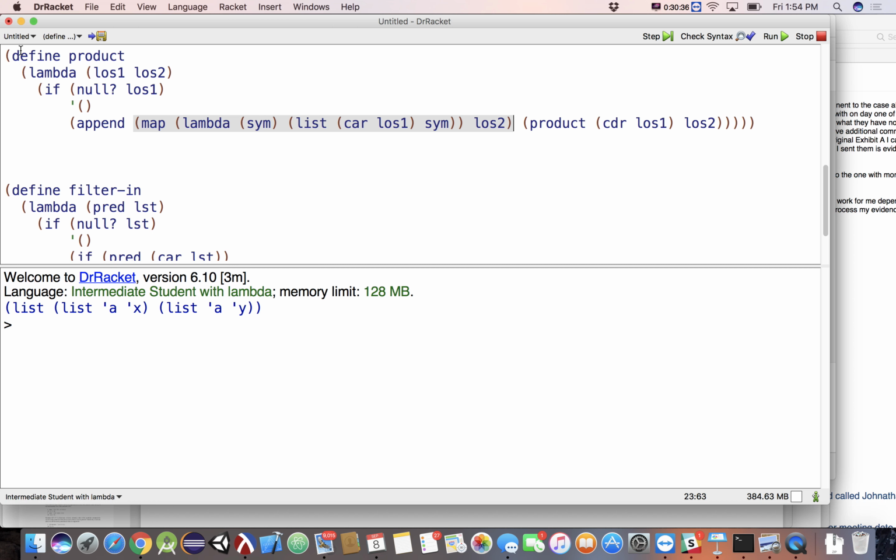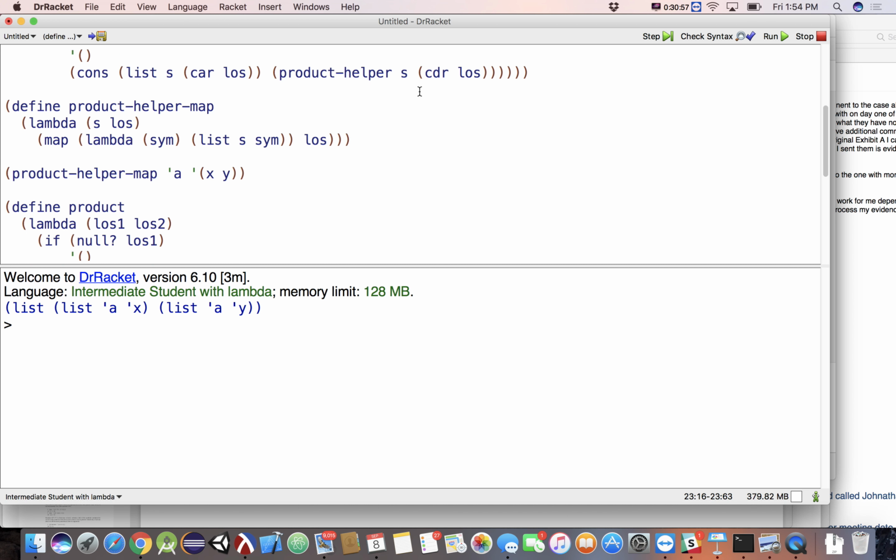So now product is self-contained. We don't need a helper function for this. But what do we have here? This is our helper function. Well, really this. That's the result of our helper function. So you can either write it in a named function up here, product helper map or product helper.